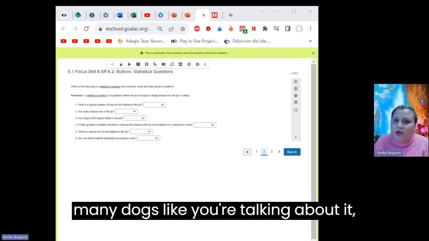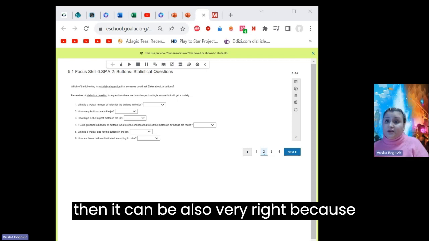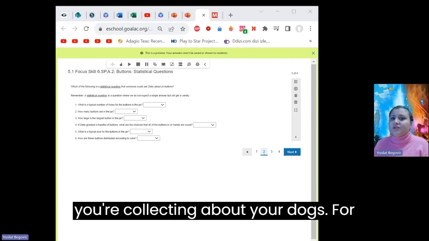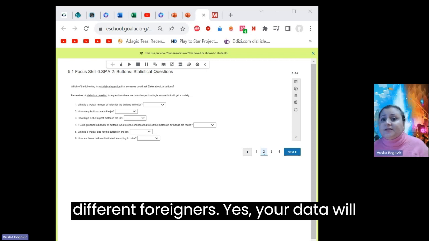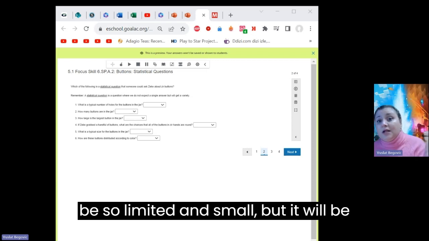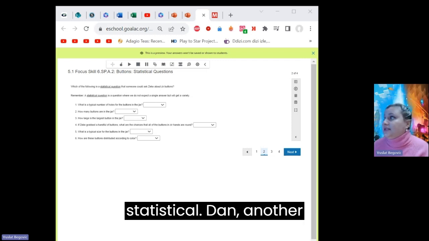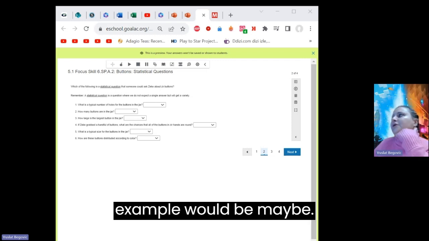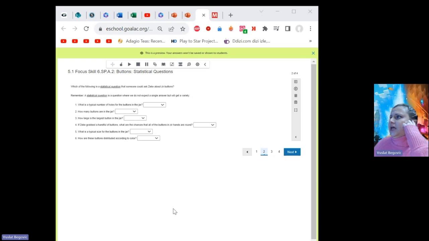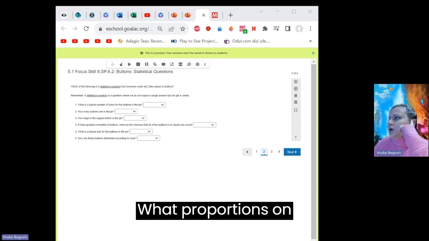Or if you have many dogs, then it can also vary, because you're collecting data about your dogs. For instance, you have 4 dogs and you have 4 different answers. Yes, your data will be very limited and small, but it will still be a variable answer that makes your question statistical. Then another example would be maybe what proportions on average